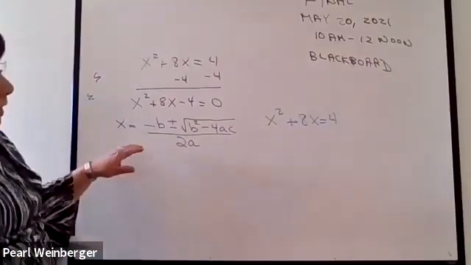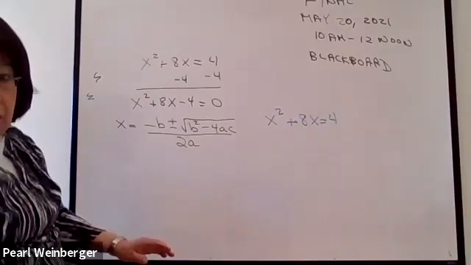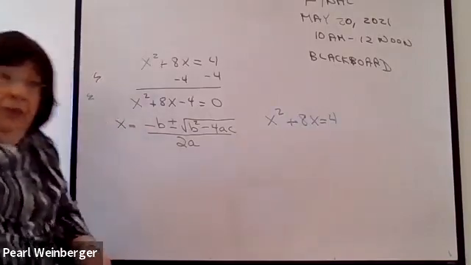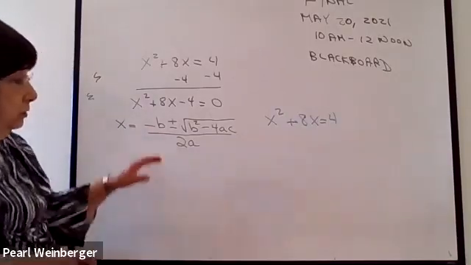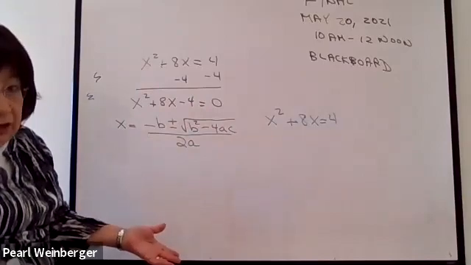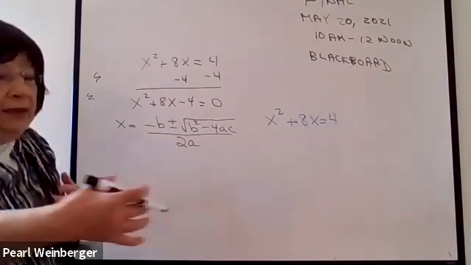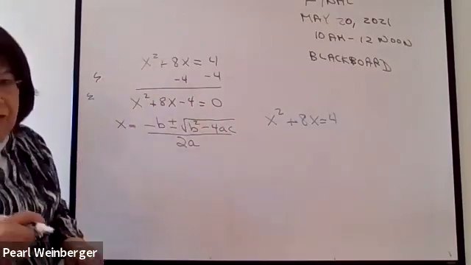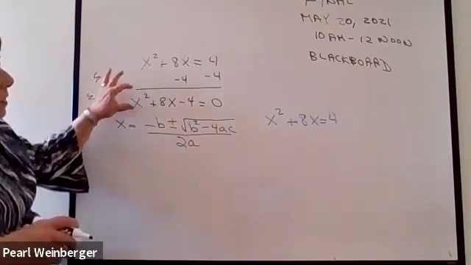If you're going on to Math 151 pre-calculus, probably the first formula you're going to be using is this, and you're going to use it through any math course. Even if you're majoring in math, it's probably your most popular formula to use because it'll let you